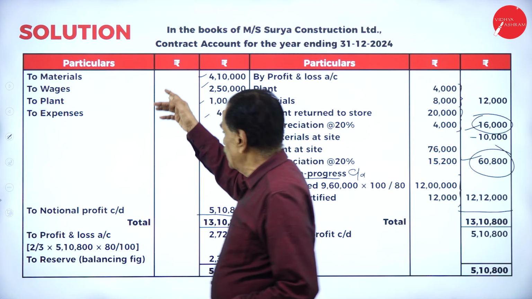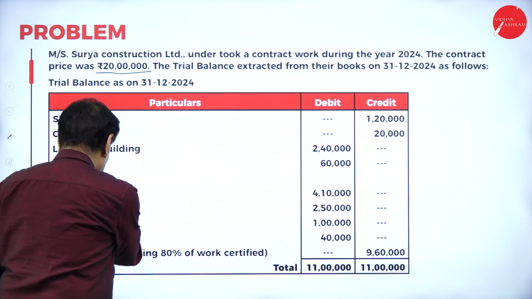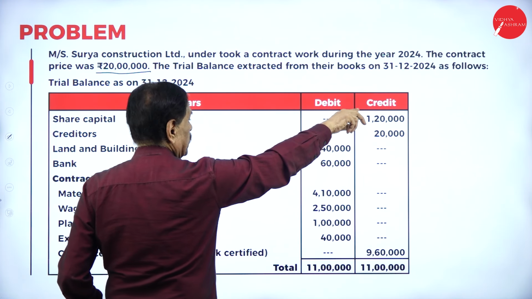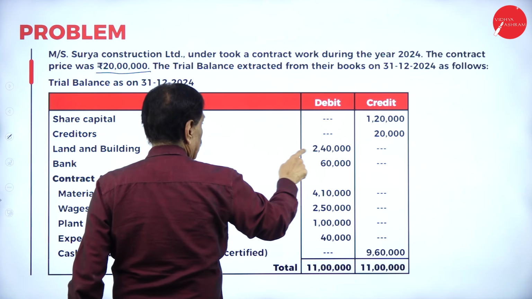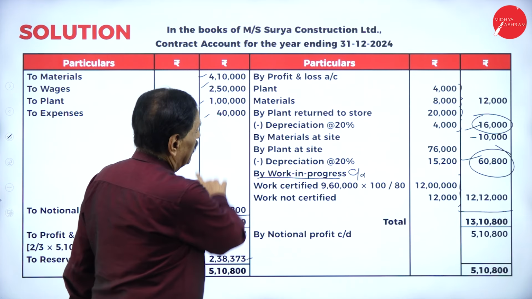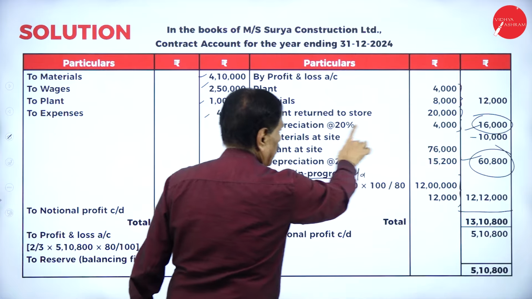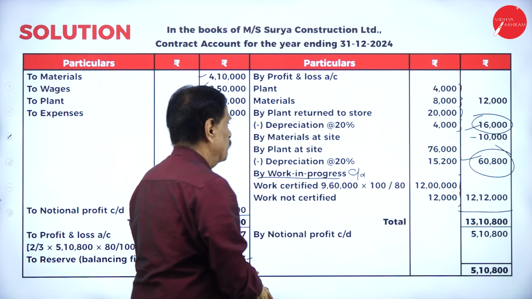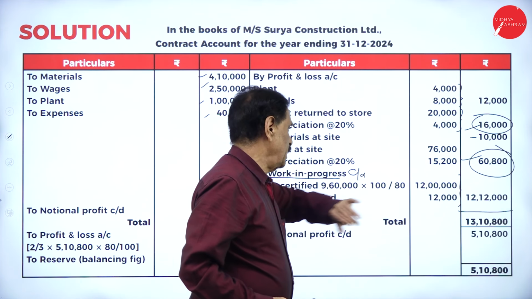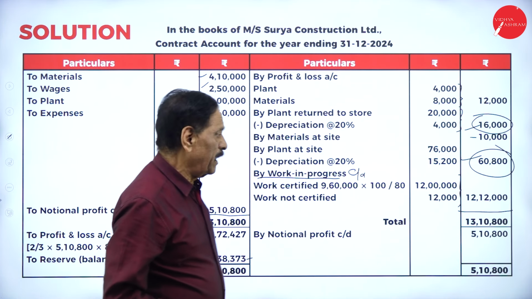So all the expenditure they will give, just like a contract account. This expenditure should be shown in the contract account. This will go to the balance sheet. Capital is a liability, creditor is a liability, building is an asset, cash at bank is an asset. Hope you understand. All these things are very simple. Given plant and material loss, plant returned to store, minus depreciation, material at site is given, then plant at site, depreciation, then work in progress, work certified, work uncertified, totally